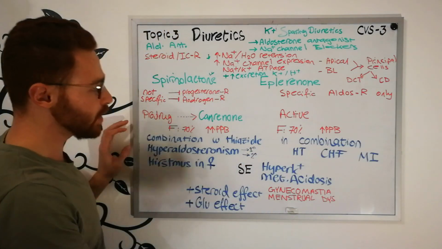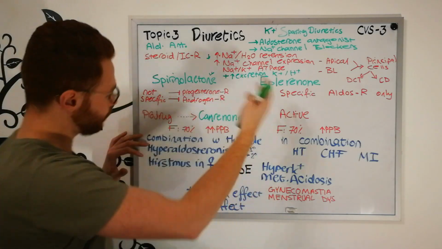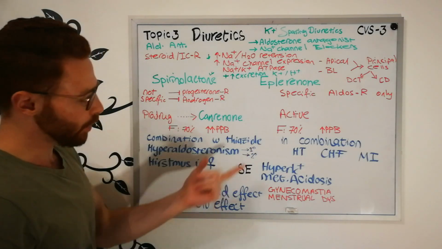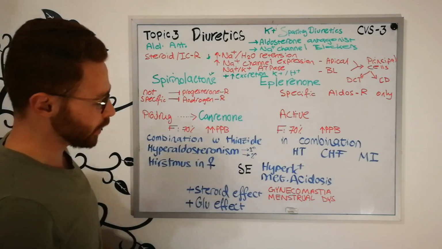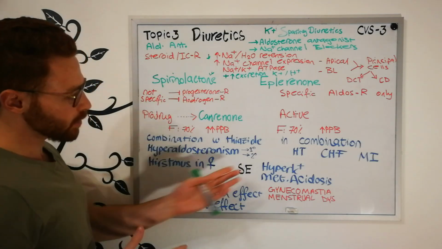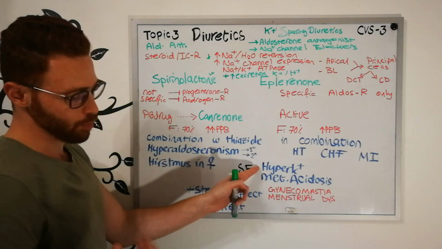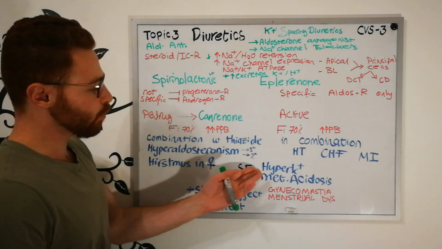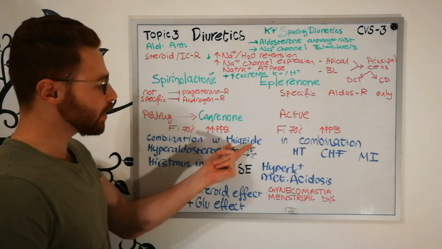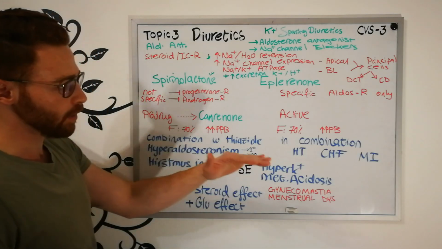Now, how do we use these drugs? We use spironolactone always in combination. Same for eplerenone. In combination with what? With thiazide. We know that thiazide is a potassium-losing diuretic. Now, why do we use it with thiazide? Because if we use spironolactone alone, there is going to be hyperkalemia, right? And it is really hard to monitor hyperkalemia all the time, and what can we do if there is hyperkalemia? How can we reduce it? So what we do is give the thiazide together with spironolactone in order to keep the potassium level at a neutral